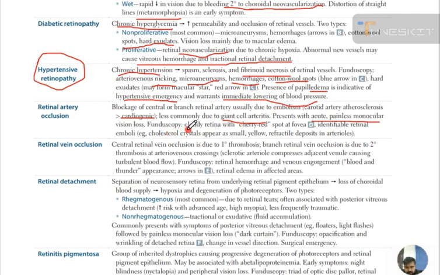On fundoscopy, we can see cloudy retina with cherry red spot at fovea, identifiable retinal emboli, cholesterol crystals appear as small yellow refractile deposits in arterioles. So these are some features you can see in retinal artery occlusion. Retinal vein occlusion. Central vein occlusion is due to primary thrombosis. Branch retinal vein occlusion